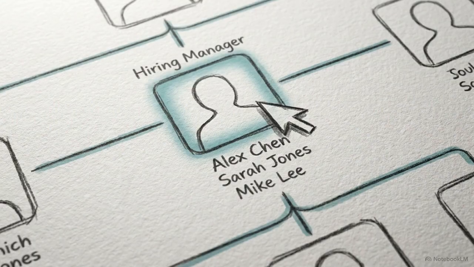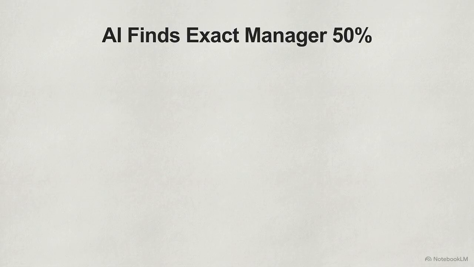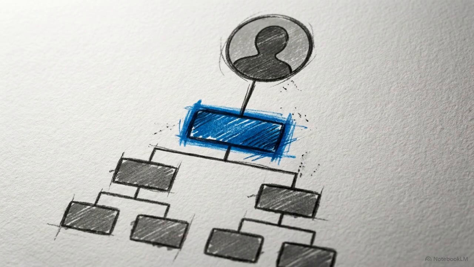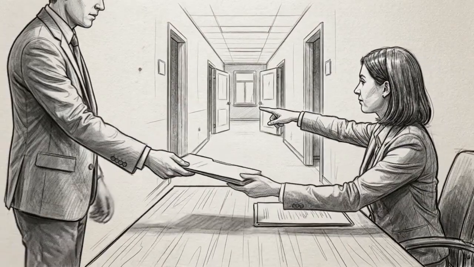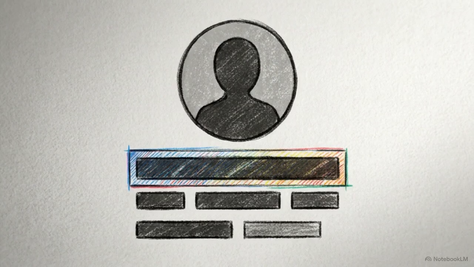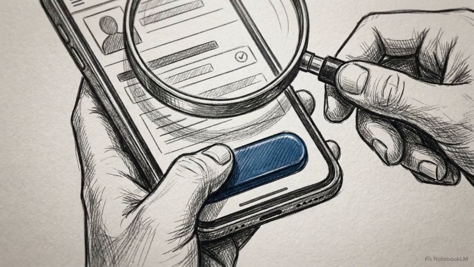Be aware of the first potential failure point. The AI is making a highly educated guess, and it successfully identifies the exact boss about 50% of the time. However, even when it misses the direct manager, it reliably points you to senior team members in the right department who can act as powerful internal referrals. Looking at this generated LinkedIn profile, you must manually verify their location, department, and active status before initiating any contact. The AI automates the heavy lifting of discovery, but your human verification remains the required final step before you start